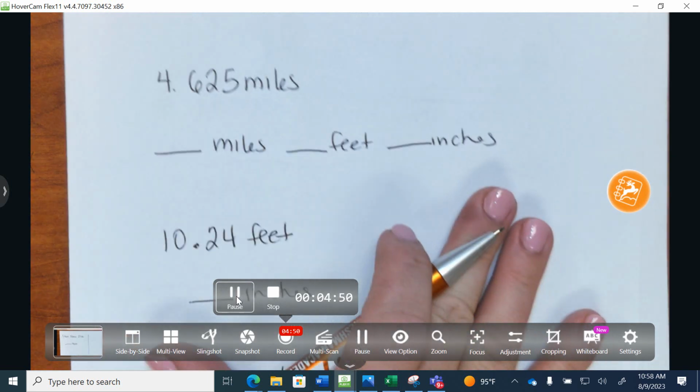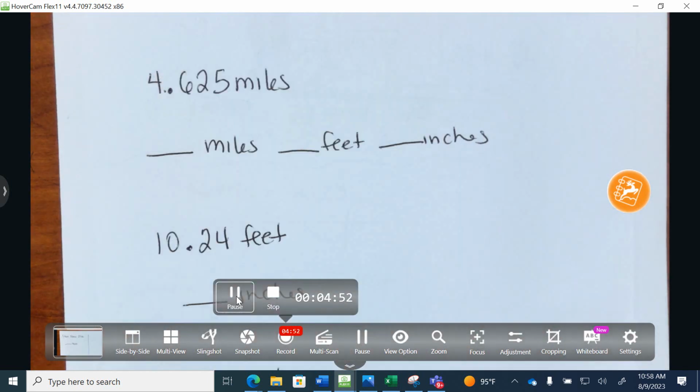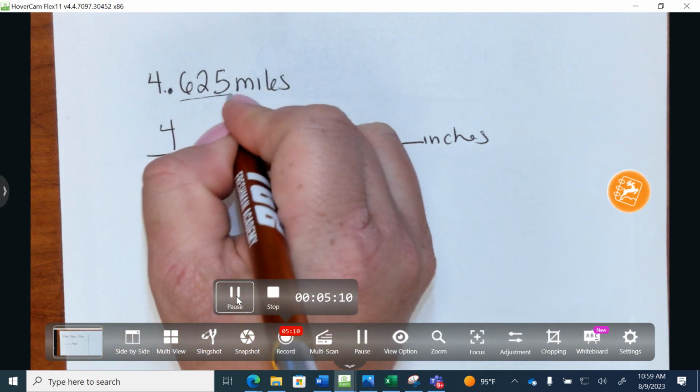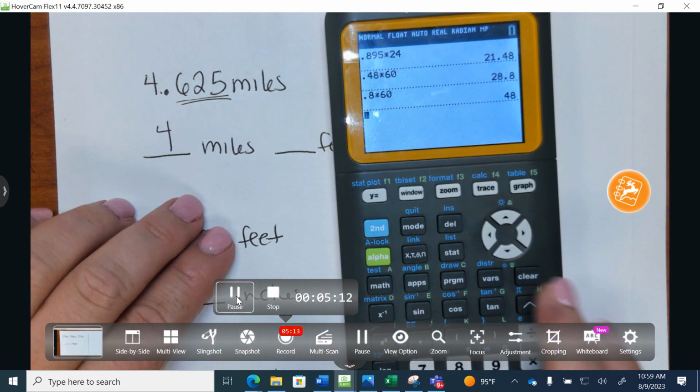Let's go on to the next one. If you have a chance, write it down quickly. 4.625 miles, and we will convert it into miles, feet, and inches. So how many complete miles do I have just looking at this problem? 4. But then there's this remainder part, right? So I'm going to grab my calculator,